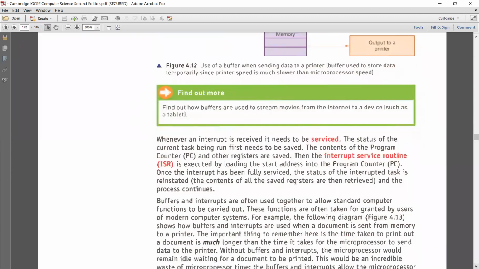ISR, what is it actually? For example, if an interrupt is received, it needs to be serviced. So whatever program is running has to stop temporarily. The program status is stored in ISR, the interrupt service routine, so that it is going to start from the same point when the application